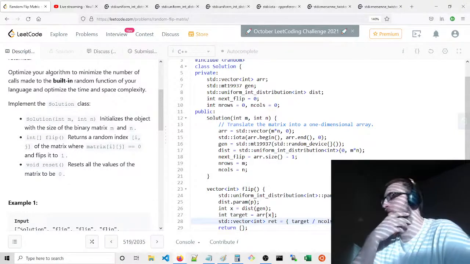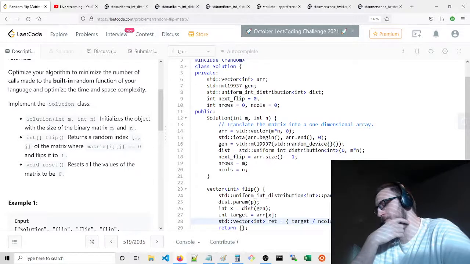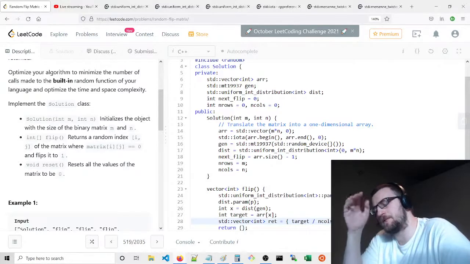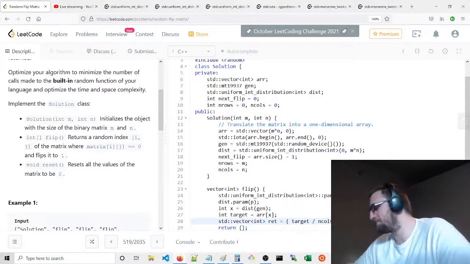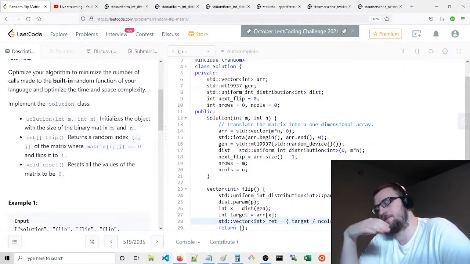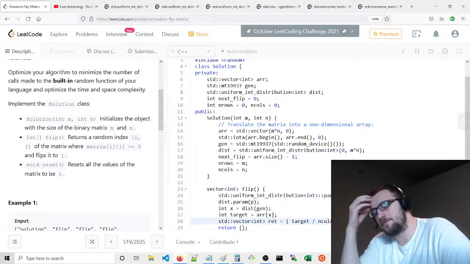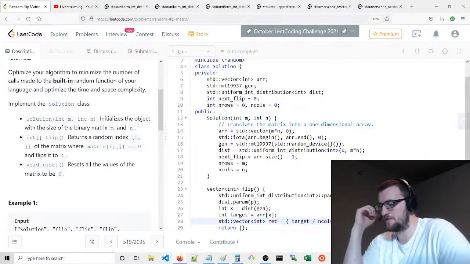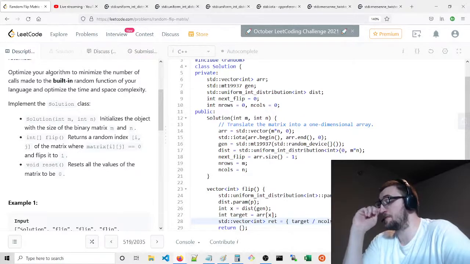So if you had 10 by 10 and you had 50 in the middle, 10 rows, 10 columns, 50 is going to be the first 40, so the first 4 rows will be the first 40, and then really 0 through 9, so 0 through 49 would be the first 5 rows. The 6th row is really where 50 would be, and it'd be the 0th column. So you would modulo,